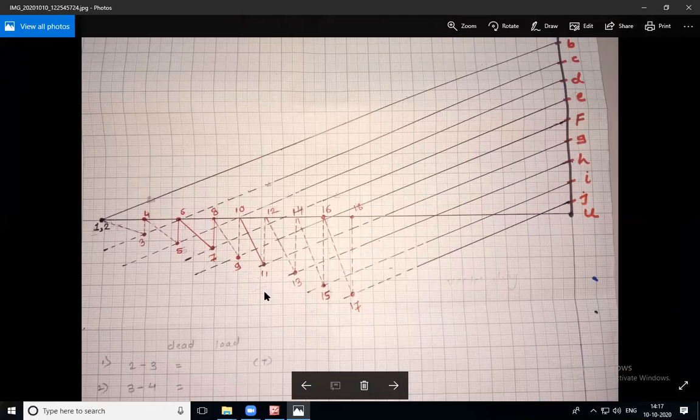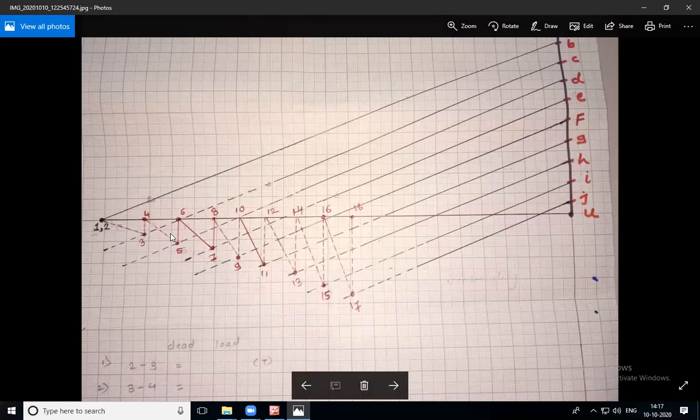Okay, now see, this 1 and 2 are at the same point. We have already discussed 1, 2. There is one vertical line in between 1 and 2, but as there is no space, 1 and 2 are at the same point. But 4, 3 has some length, so that's why 4, 3 has some distance.